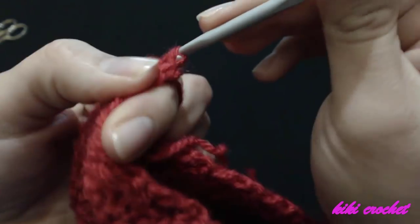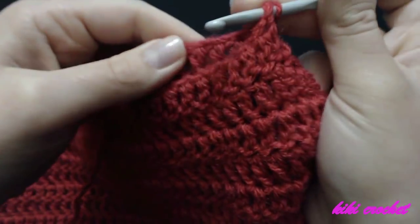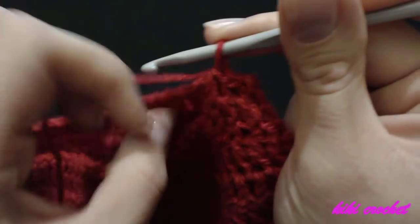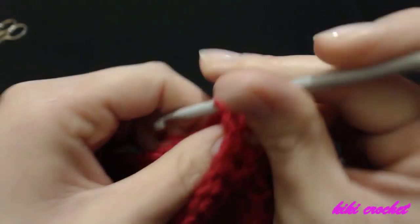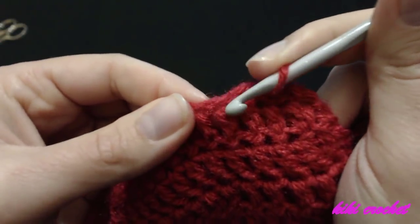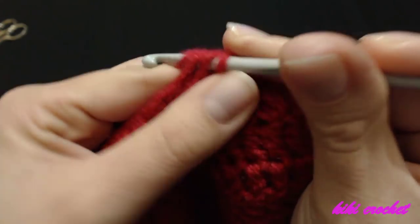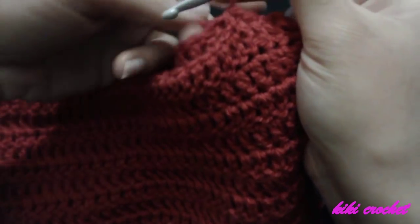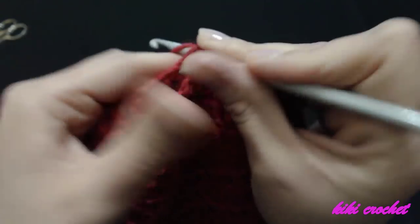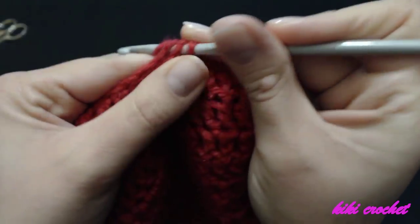and I'm going to work a slip stitch in the third stitch of the front side and the third stitch in the back side, and I'm going to work a slip stitch in the fourth stitch of the front side and the fourth stitch in the back side, and I'm going to work a slip stitch, the fifth stitch of the front side and the fifth stitch of the back side, and we're going to work a slip stitch, the sixth stitch of the front side and the sixth stitch in the back side, and we're going to work a slip stitch, 7th stitch of the front side and 7th stitch of the back side,